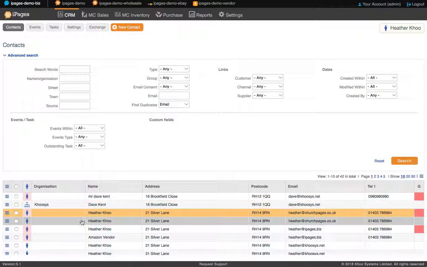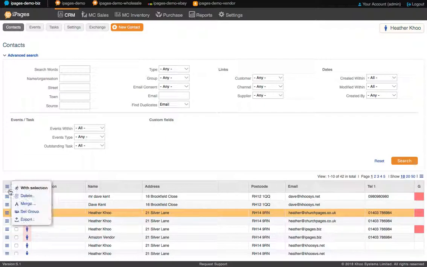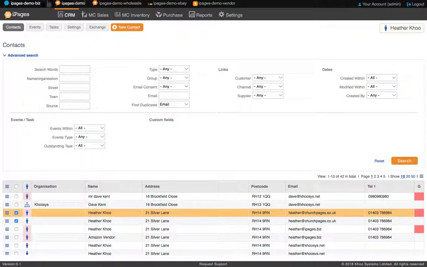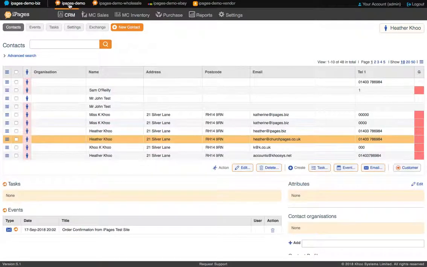As you see, we've got multiple headers. So what we're going to do is either delete them, or set their group, or merge them. You may want to merge the record into one and the other, but be sure to highlight the record you want to merge into. So that there, we've covered three main things that we've been working on in the background,